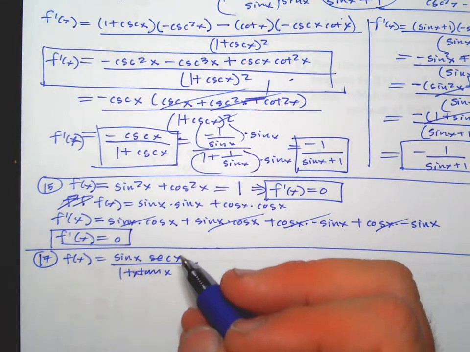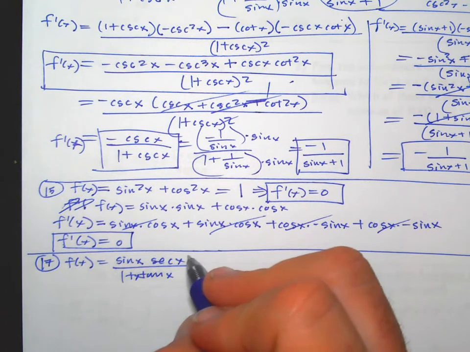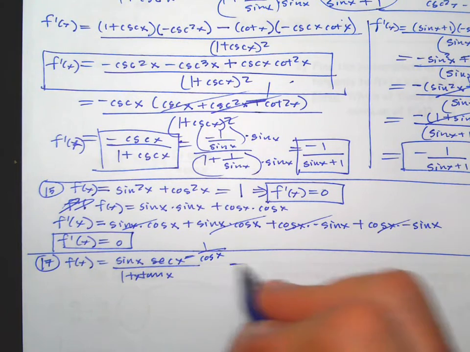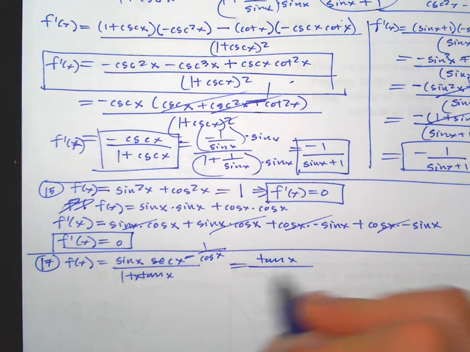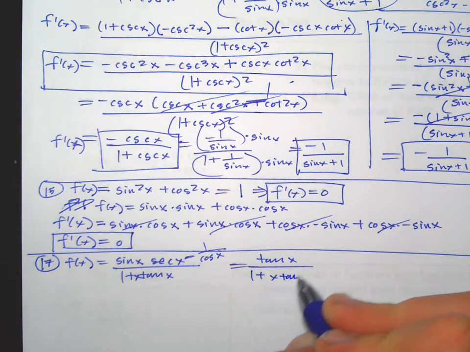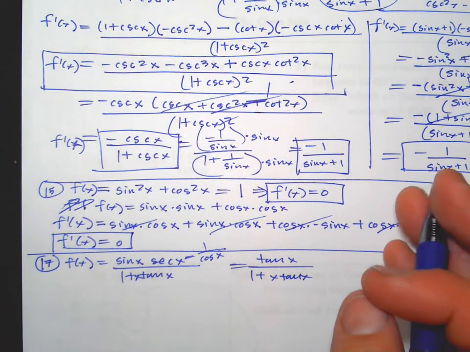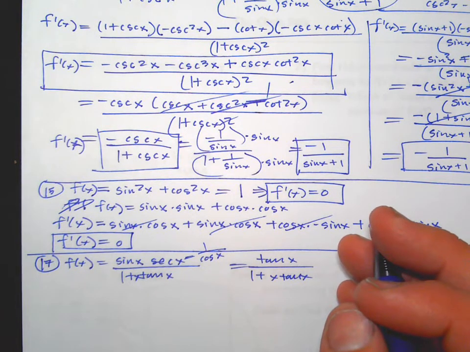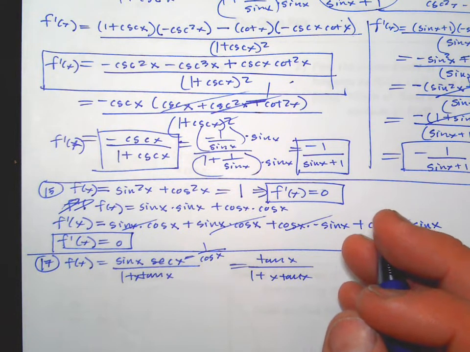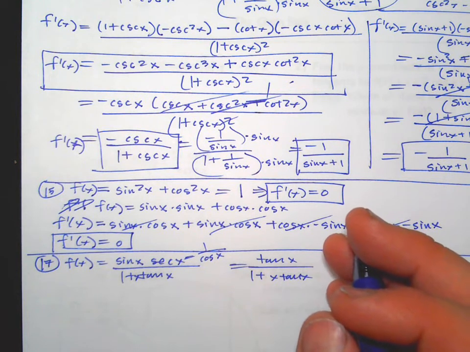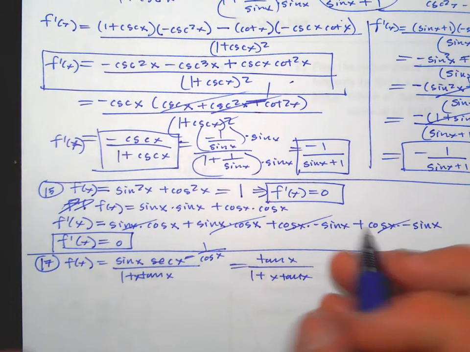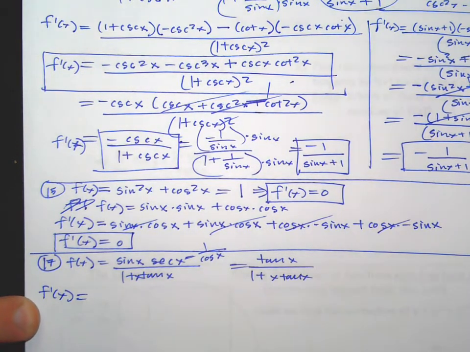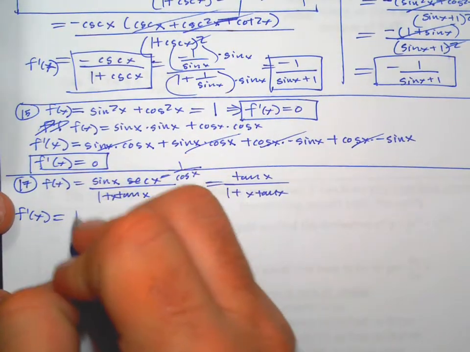So, we could do it like it is. This one has kind of a nice way of simplifying a little bit. Secant is 1 over cosine, so we could rewrite it as tangent x over 1 plus x tangent x. So we do that, or we do it the way it was originally written. It's up to you. And if we did it the way it was originally written, let's see. Low